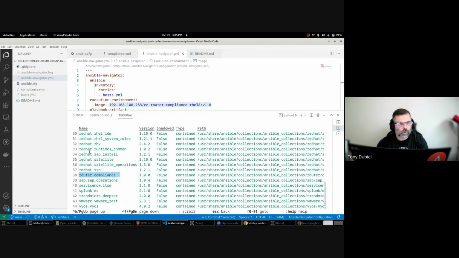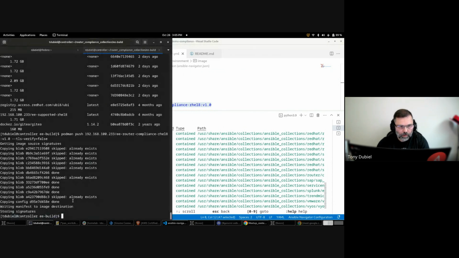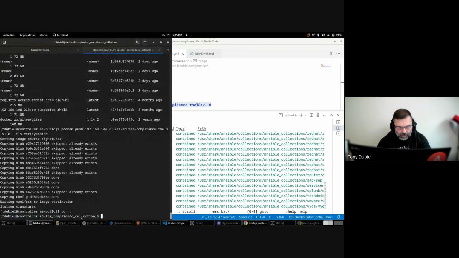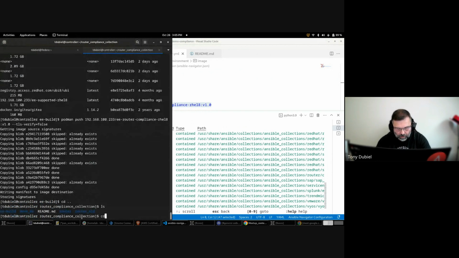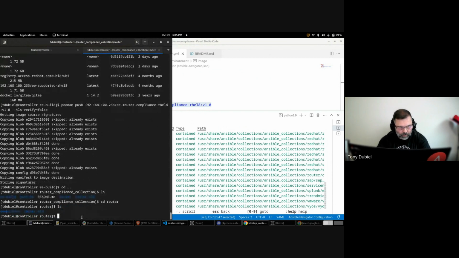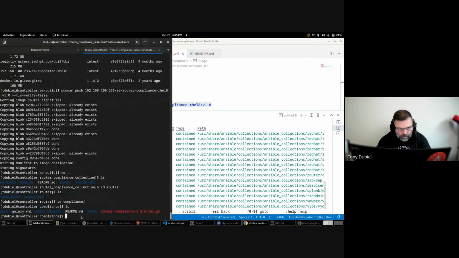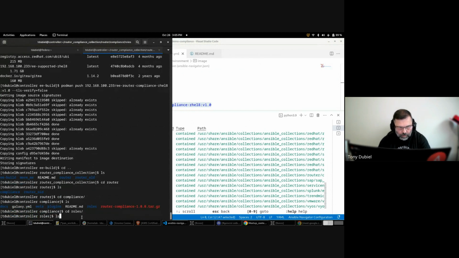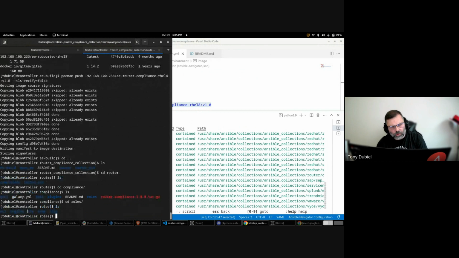And then the actual role itself, I probably should have showed you that real quick before we use it. So if we go back into here and I go back into router, and into compliance. And then if we look at the roles, right? I think I did kind of show you these folders earlier, but I didn't go into them in specifics. So these are different roles that I've created. So just to look at NTP,